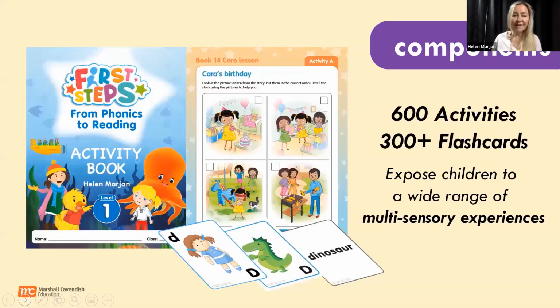Okay, great. The First Steps program actually comes with 3 activity books, because there are 3 levels. And I had a lot of fun writing these activity books, because I could be really creative with the sorts of activities that I put in there. Marshall Cavendish were great. They gave me free range to use a lot of different kinds of things. So we've got science activities, we've got games, we've got writing activities, a lot of creative stuff in there. It's not your typical fill in the blank kind of activity book program.